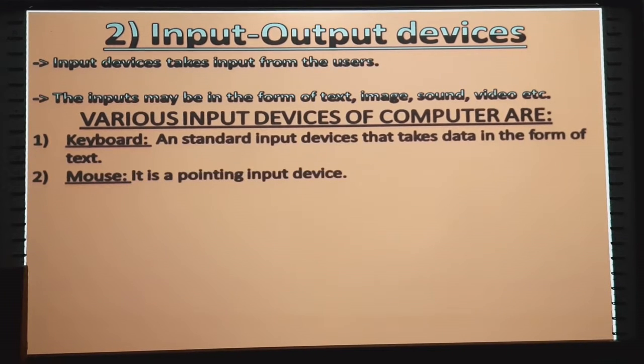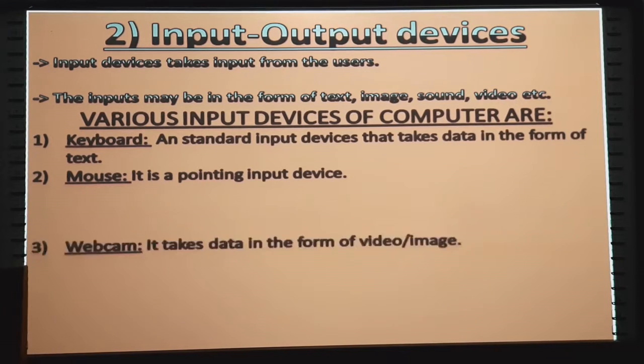Second one is mouse. Now the main task of mouse is, it is a pointing input device. That means, suppose I have inserted a text, or a set of programs and instructions are being provided to the computer. Now in order to identify if they are error free, we need to have a pointing device. If any error has crept into our instruction, then by using this pointing device we can place our cursor at that very location and update the content so that it may not show any error in the later part. So this is about mouse.